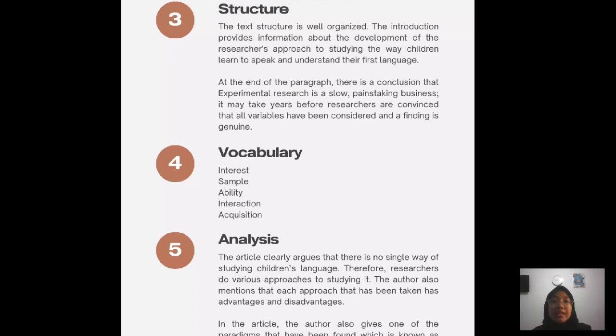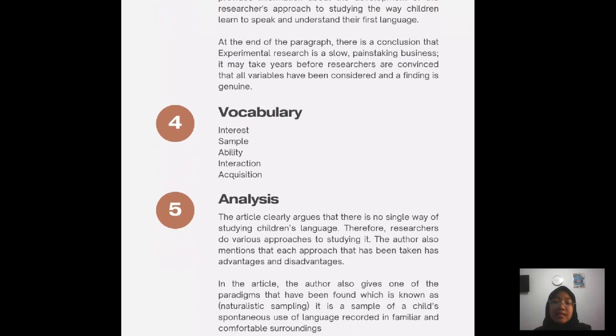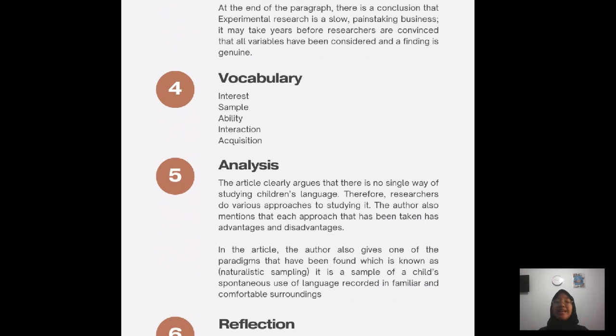Next, we have the analysis here. The article clearly argues that there is no single way of studying children's language. Therefore, researchers use various approaches to studying it. The author also mentioned that each approach that has been taken has advantages and disadvantages. It can happen due to several factors, such as different kinds of subjects, experimental situations, and statistical procedures may produce